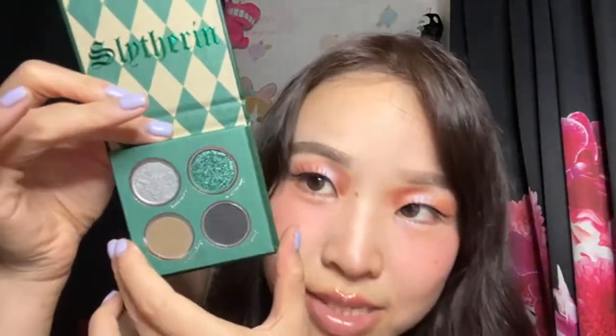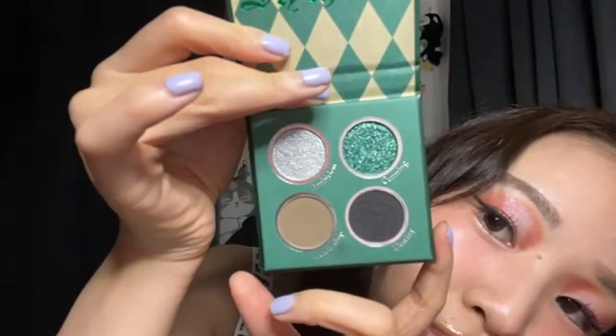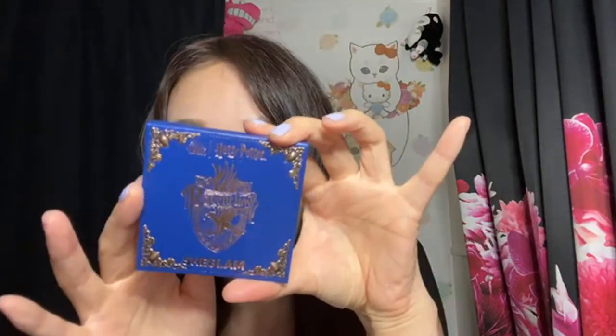Look at how high quality that is. And do you see the attention to detail? Do you see that snake imprint on the black shade there? This looks better in person than it did online. Let me show you the Ravenclaw one as well. I will swatch this later in direct sunlight because it's gonna look better that way. But look at this. This is the Ravenclaw palette, and it is this beautiful... I actually really love this royal blue. I think it's so majestic, and these are...